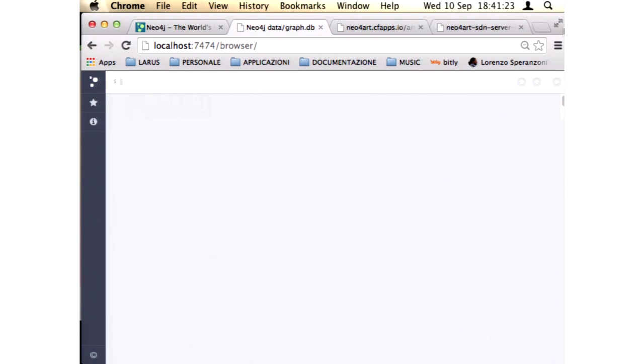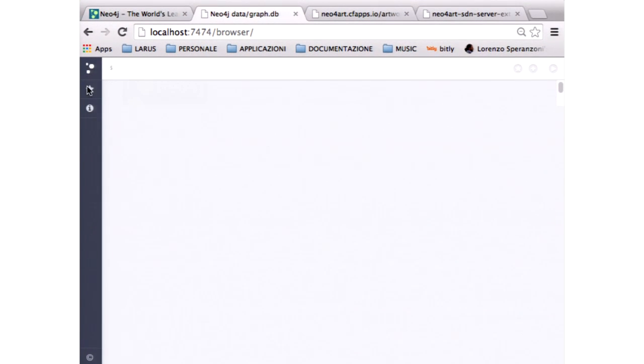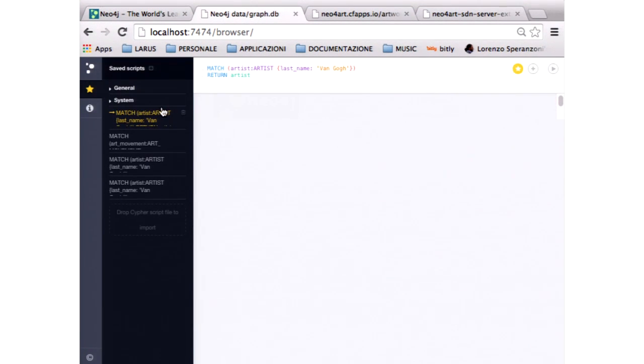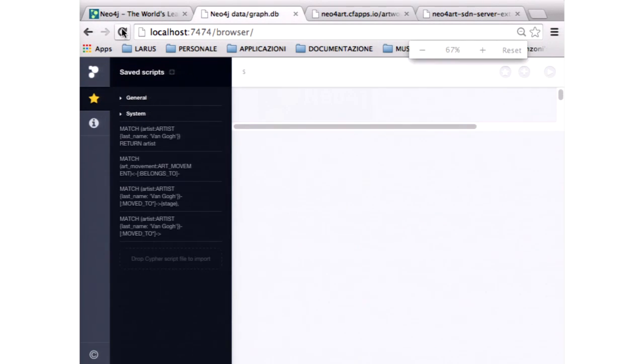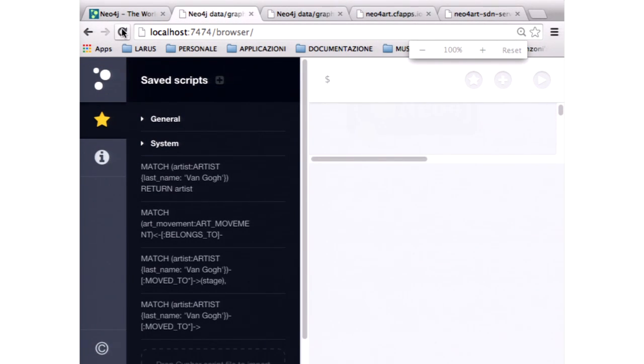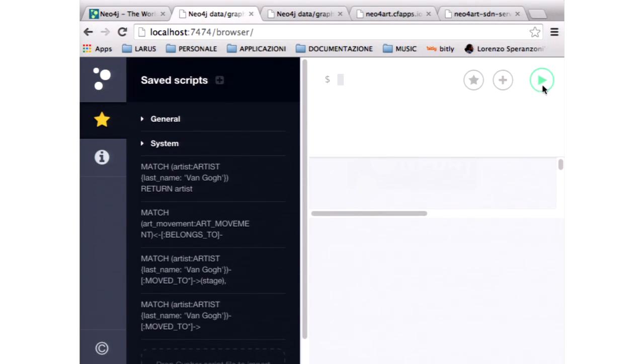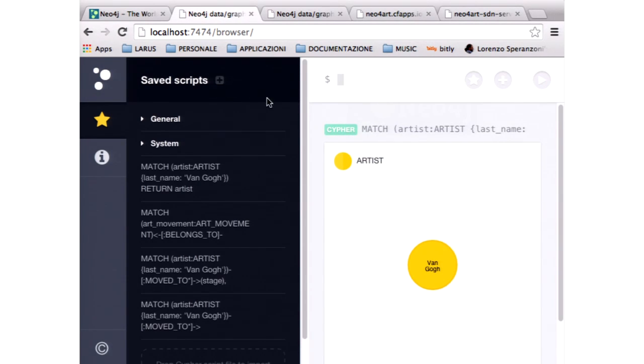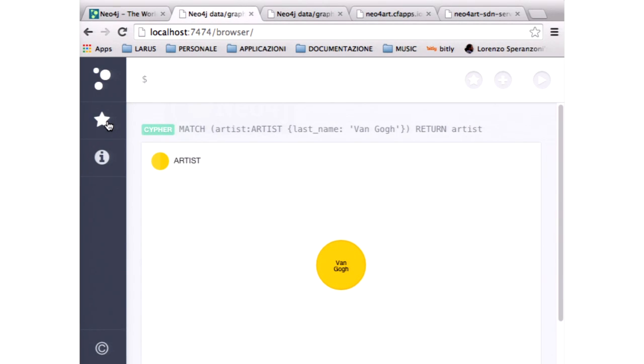So we actually want to show you how you interact with Neo4j usually, and let's see if this works. Maybe it's only because of the JavaScript thingy. Try again. Okay, there you go. So what you can do in Neo4j's browser is, first of all, you can create a database. So you can run CYPHER queries against the database.